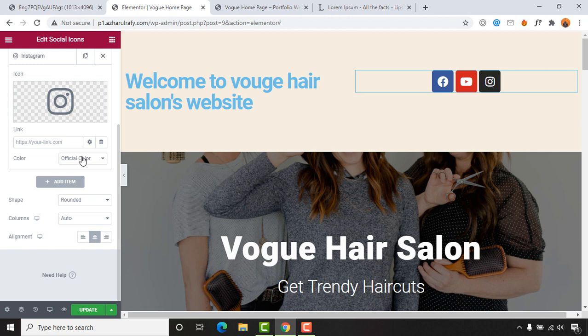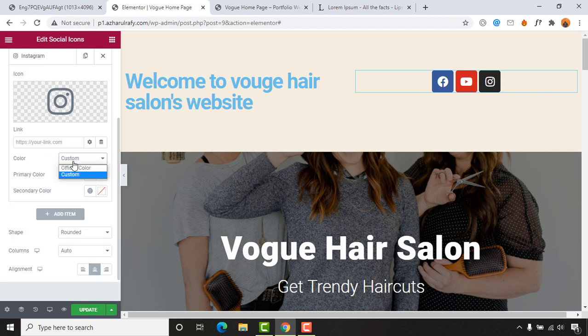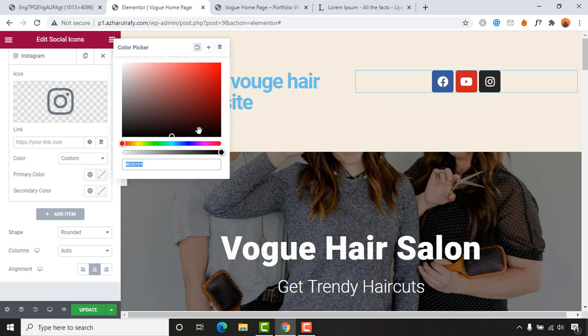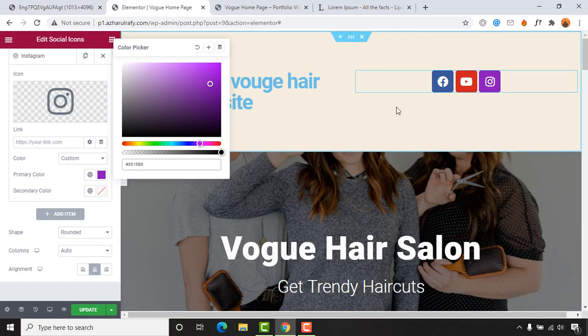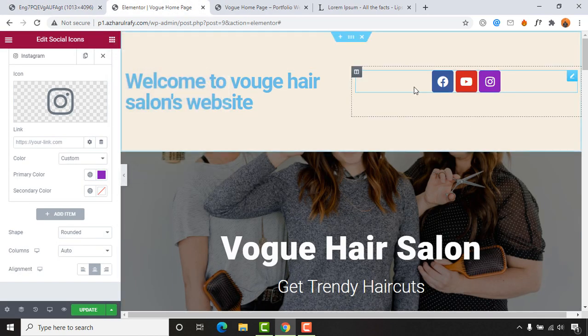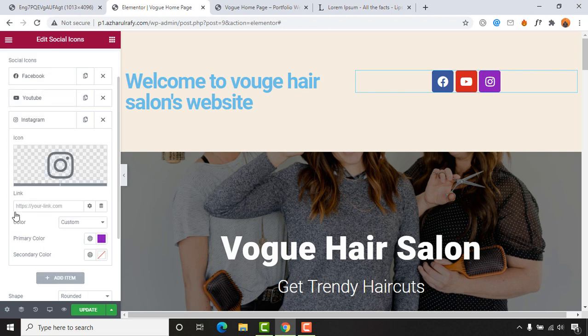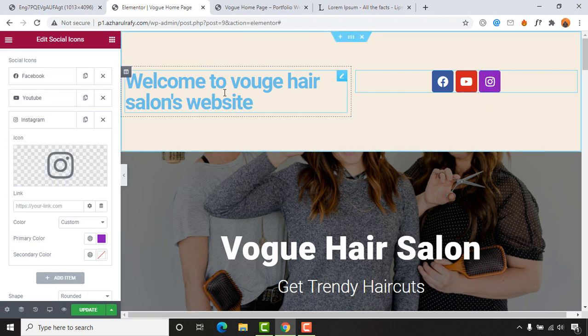Let me show you here. Color, custom, and then primary color. It is going to be like, let's say, this color. Okay, or this color. Okay, so it's almost matching up with this one, but we can do some pixel perfect work by spending some more time, but it's totally fine. And we can simply reduce the size of these icons. So let's click here, and okay, so before I go for reducing the size and working on these things,